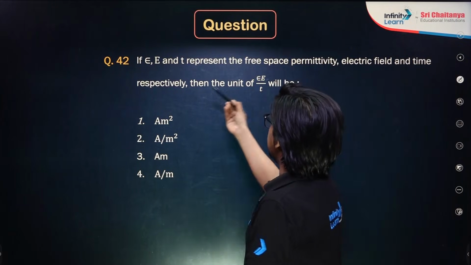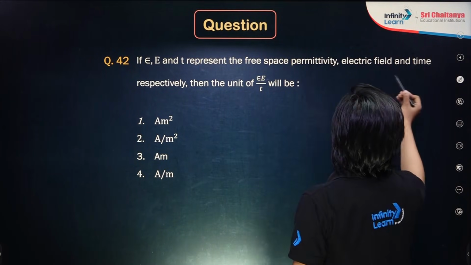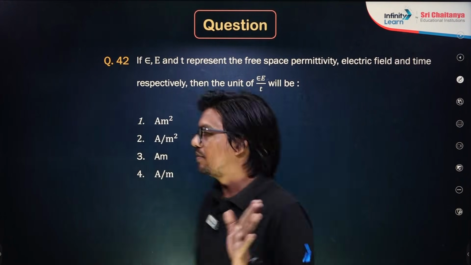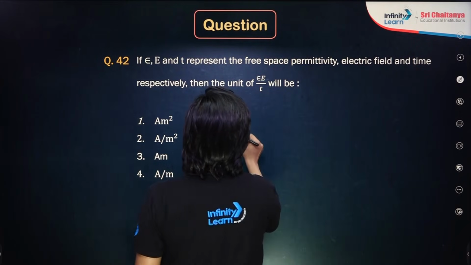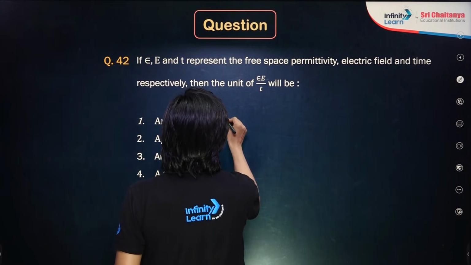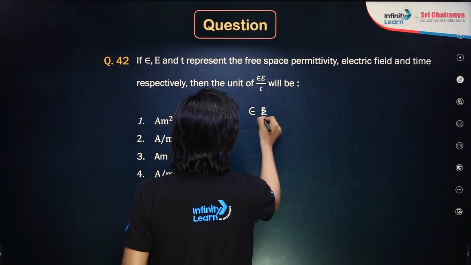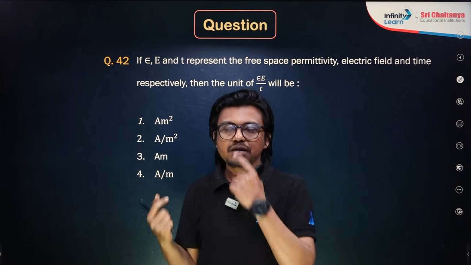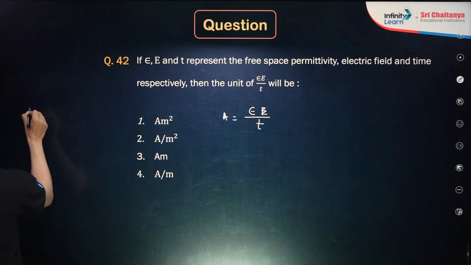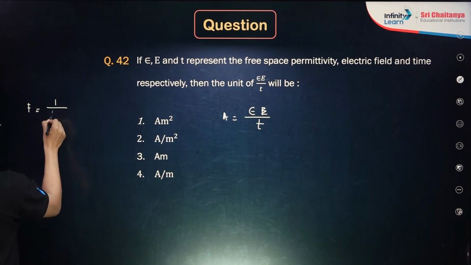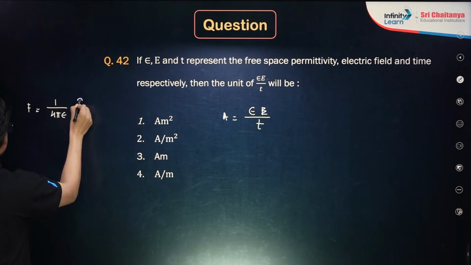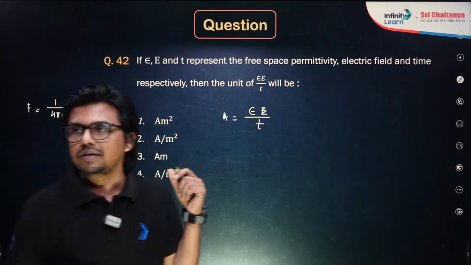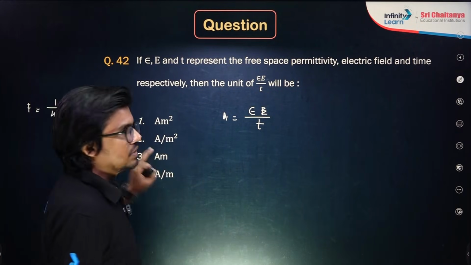If epsilon, E and T represent the free space permittivity, electric field and time respectively, then the unit of epsilon E by T is. They have defined a physical quantity epsilon E by T. This physical quantity, let me take as A. A is equal to epsilon E divided by T. Now epsilon is the permittivity. Permittivity can have dimensions if you use the force formula between two charges, 1 by 4 pi epsilon q1 q2 divided by r square. Suppose in a medium having permittivity epsilon, there are two charges q1 q2 at a distance r